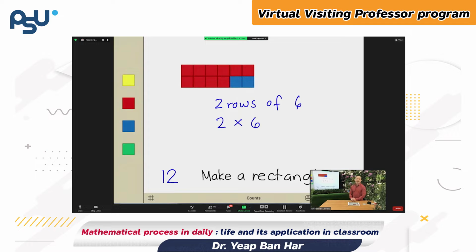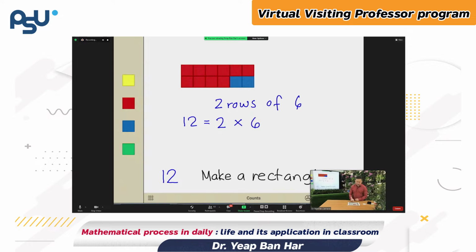So that is one idea. I'm not sure whether you agree with our friends, but you can check whether 2 rows of 6 is 12. Whether 12 is 2 rows of 6. I wonder if there's another way to solve the problem, the teacher might ask. Because in our class, we have a routine. The routine is always solve a problem in more than one way. So we got one way already, and that's very good.